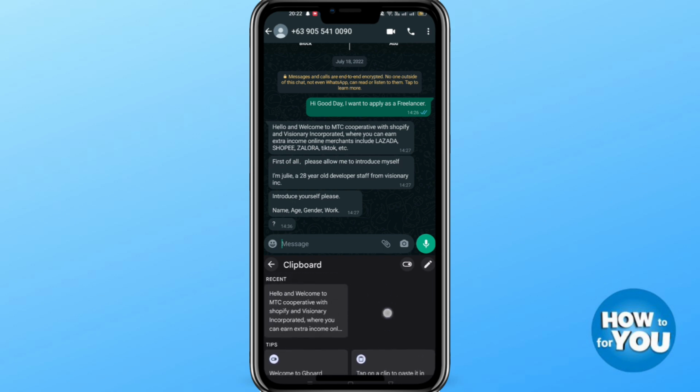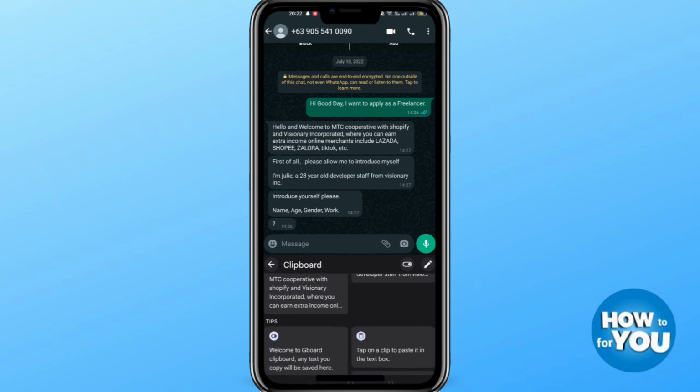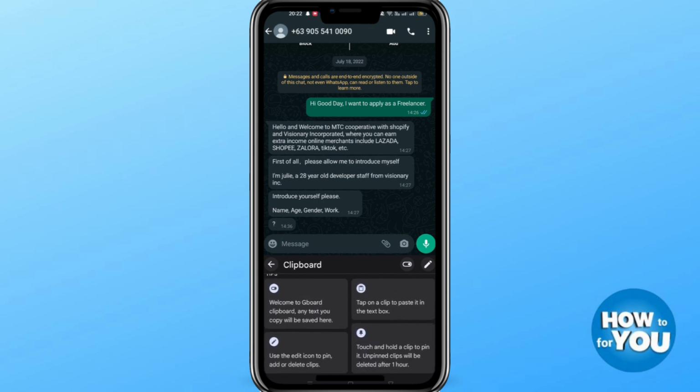You can just easily remove it here, or you can also add another text. So it will be automatically added here, all the text that you will be copying. So that's how easy it is to